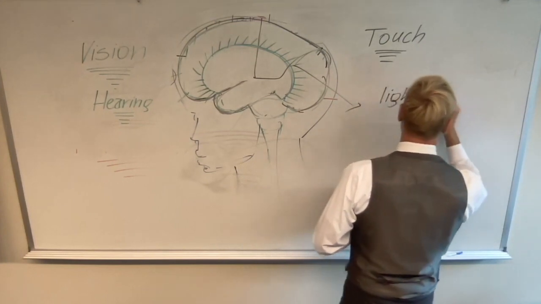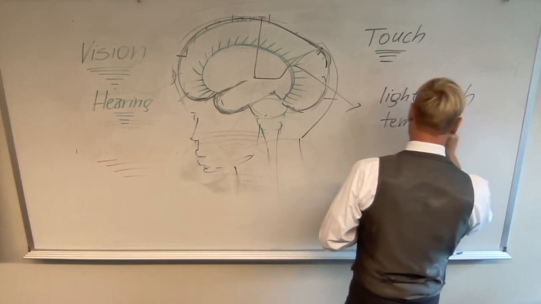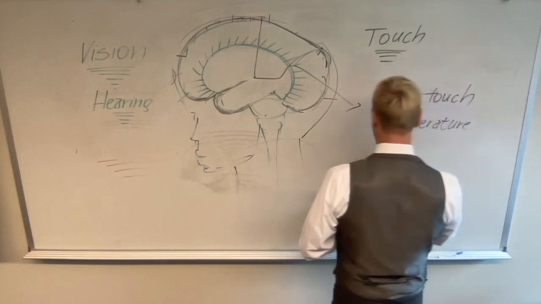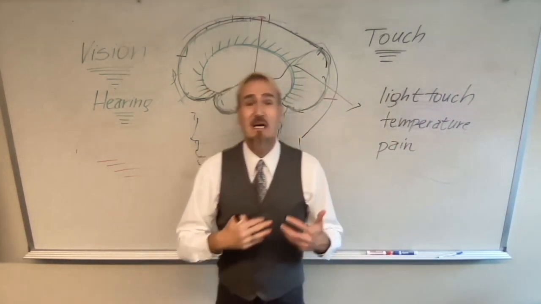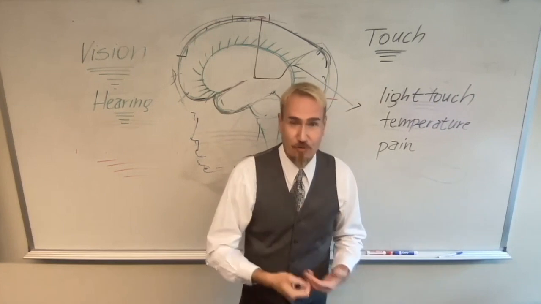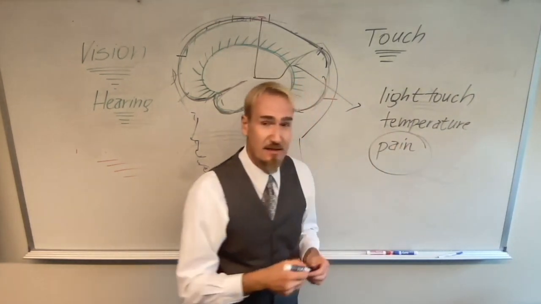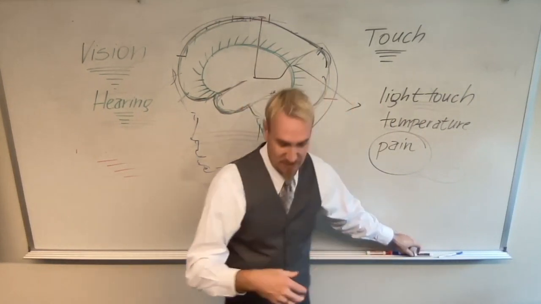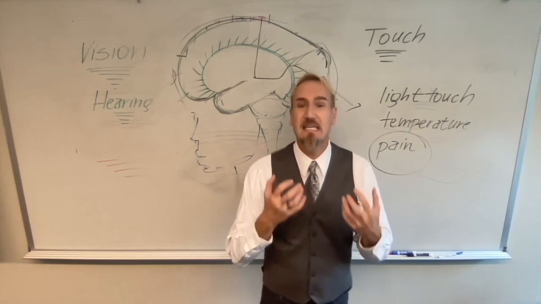Light touch, temperature, and pain, they're all modulated by the parietal lobe, but a light, warm, nurturing, loving touch can override pain. Whether you're hurting yourself, just like this, you add some pressure, you're touching it, that's a healing element.